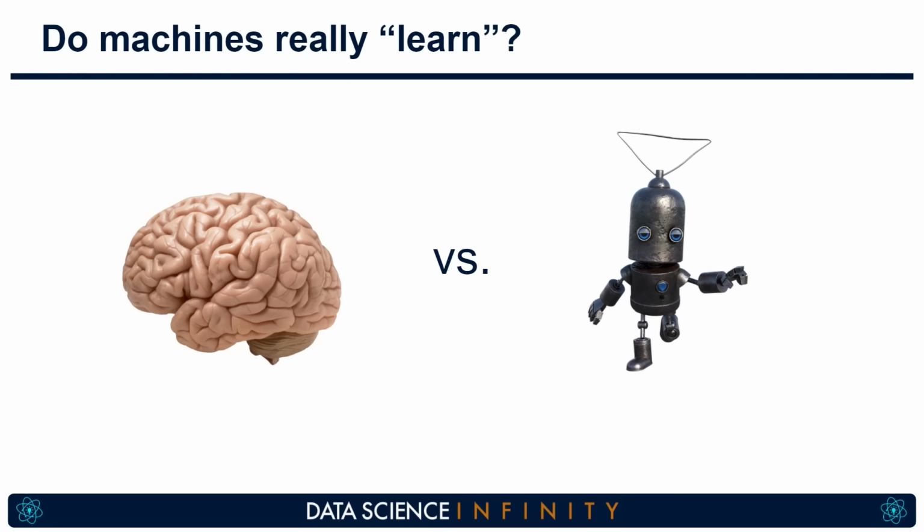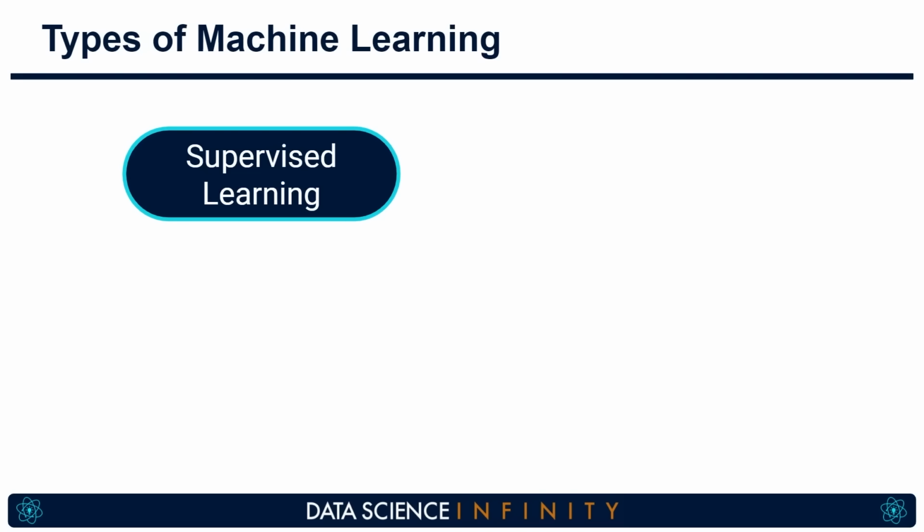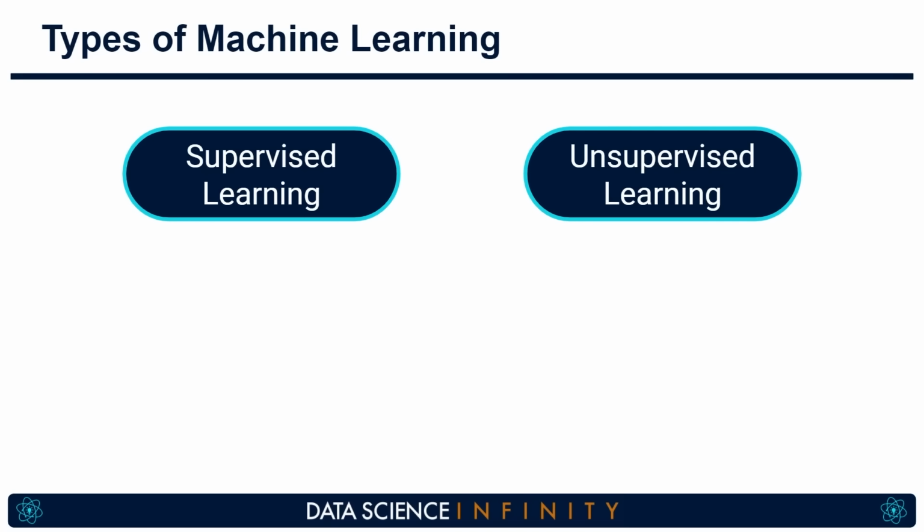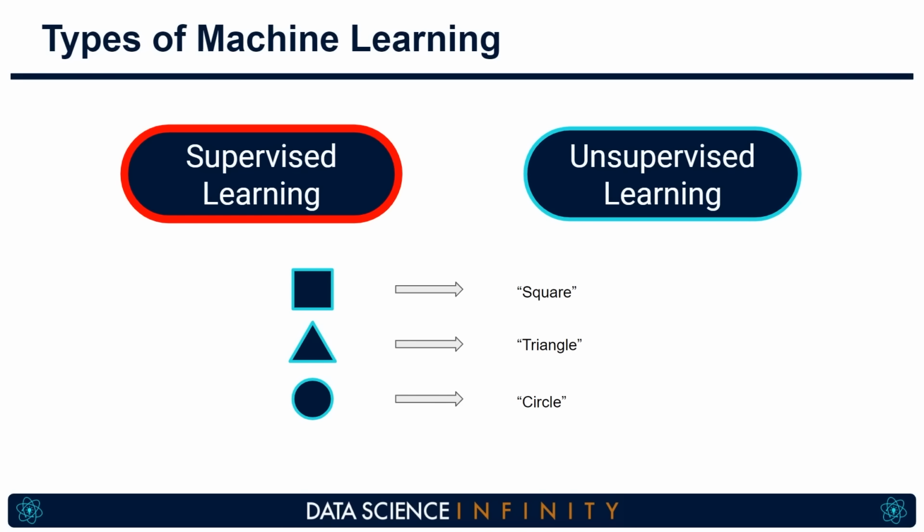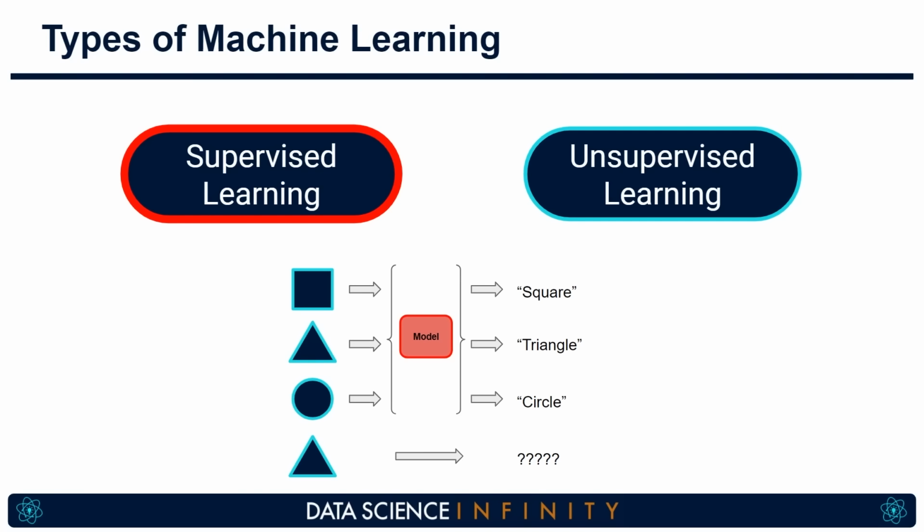And since we're talking about learning here, this is a good time to mention that machine learning is commonly divided up into several types of learning, with the two most prominent being supervised learning and unsupervised learning. Supervised learning is where we have both inputs and outputs, or what are often known as labels, and we ask the machine to learn a mapping or some set of rules between the two. This means that when we get new, unlabeled data like the triangle at the bottom of the screen, we can apply this mapping or this set of rules and get a prediction for the output.